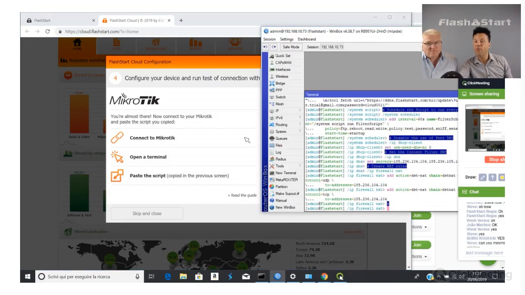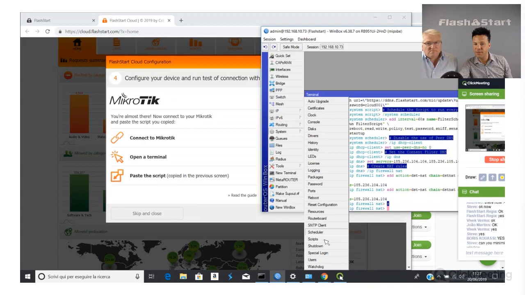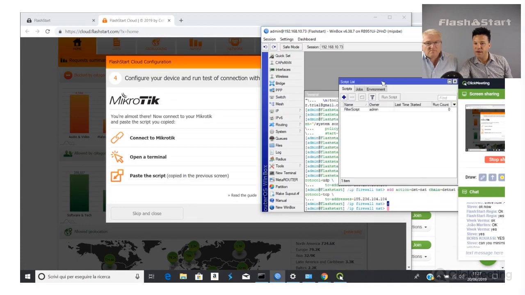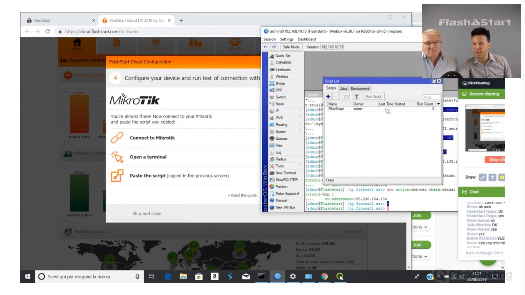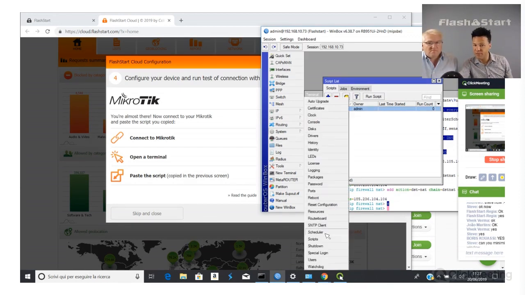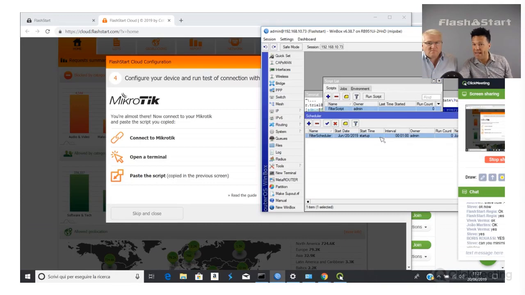Now, what did the script do? Under system script, the automatic configuration created an authentication script, and scheduled every minute a synchronization process. If you see now, the run count is still 0, so we need to wait until the next minute to trigger the process.